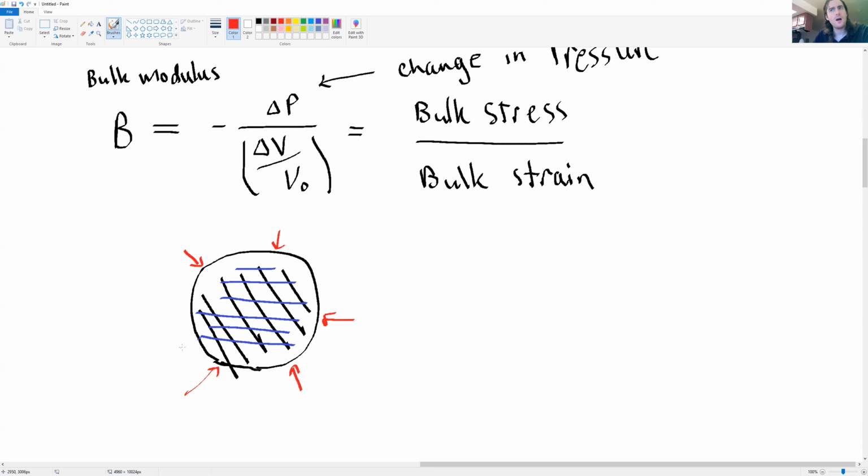It could be in a container, and it may not actually be in a container. But here it is. We have applied some force on the outside, and I didn't mean to make that one extra long or anything, so let's decrease the size there on that one. Okay. These forces here are all forces acting on this body, and the force over the area is equal to the pressure. Now, if this represents an increase in pressure,